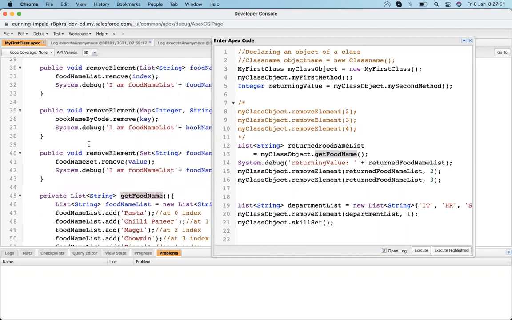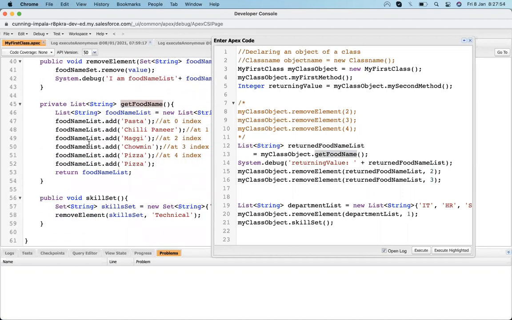Where should I pass this value? Suppose I create a new method. Let's put it here. I will call remove technical here, because its return type is a list.